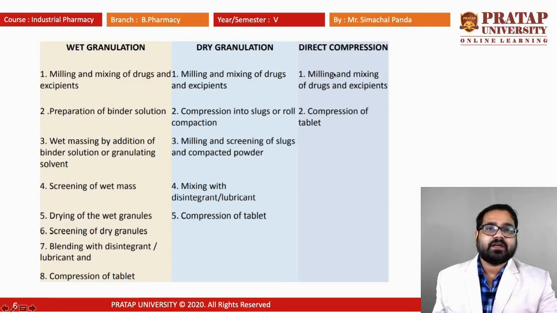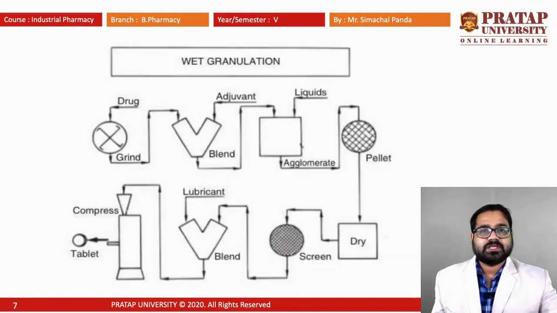In case of direct compression, directly we have to add different types of ingredients, mix them by milling, then it will directly go for the compression. So these are the three popular methods. First one is the wet granulation, which is widely used, and if water cannot be used, we have to go for the dry granulation. In that, the binder will have the self compression property. In the direct compression we have to add simply, and go for the compression of tablet. So these are the different methods.